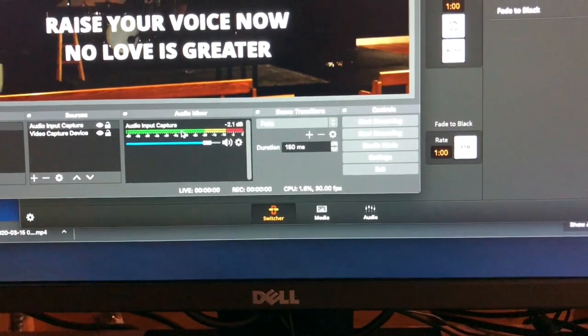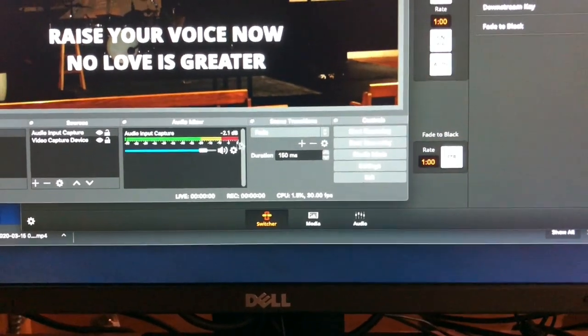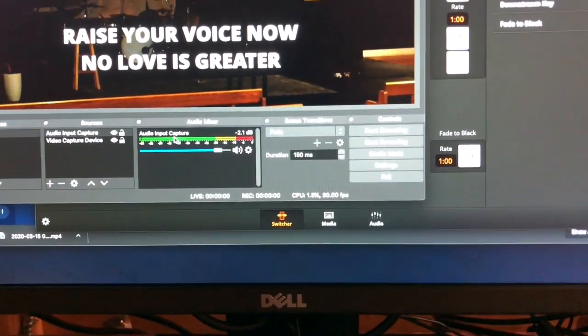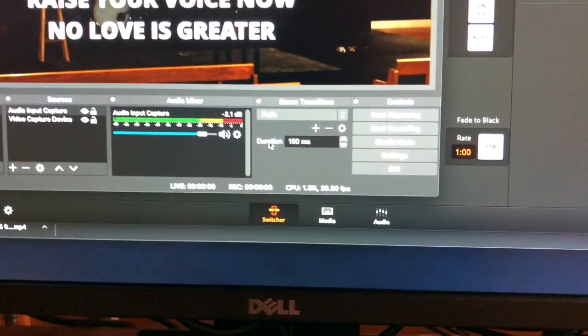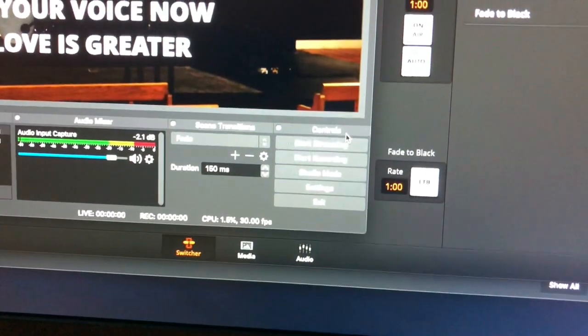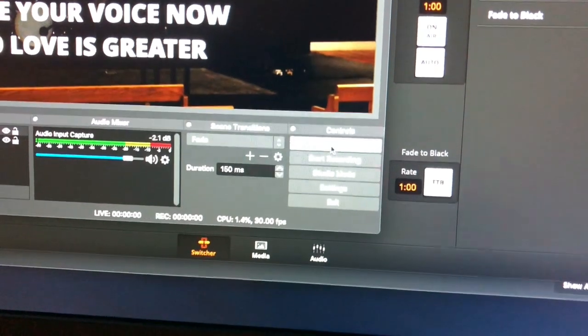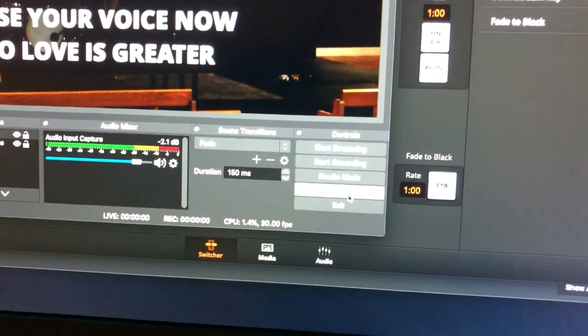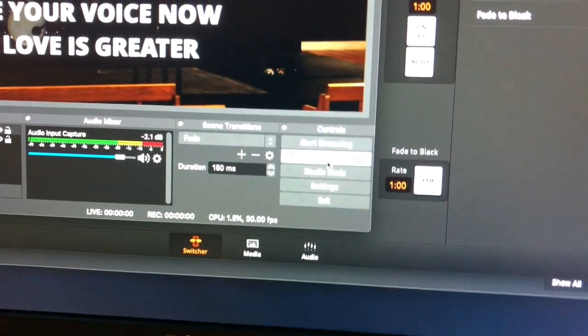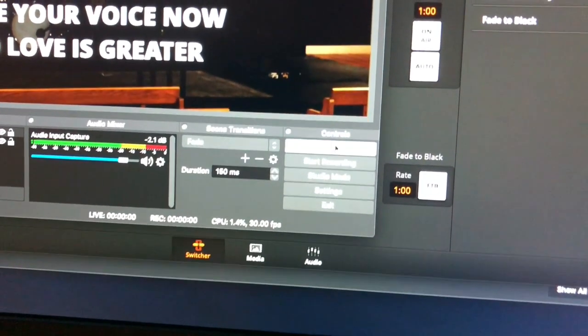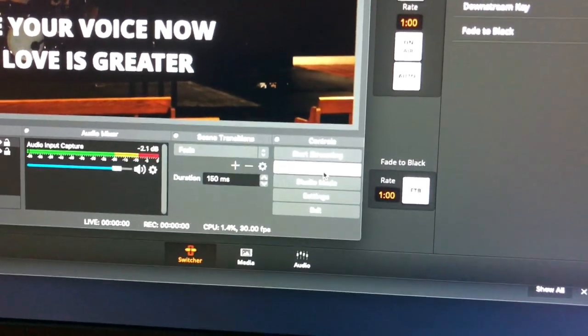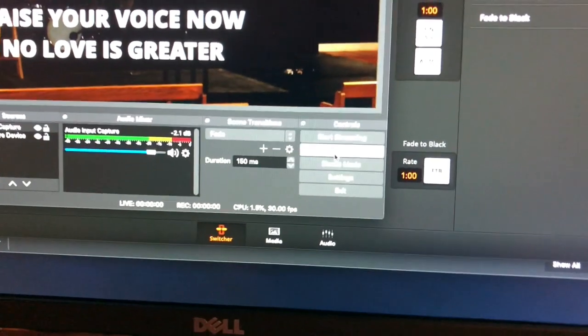So we could see, is it peaking, is it too quiet, so we could adjust accordingly because we wanted to get a good, strong feed coming through the live stream right here. And so these controls over here are basically how we started and stopped our stream. The start streaming button starts the stream. We also could start recording. We were able to record to the hard drive on this Mac Mini here, so we could record our entire service. We just ran that simultaneously. And then when we were done, we just hit stop, and that stops the stream.